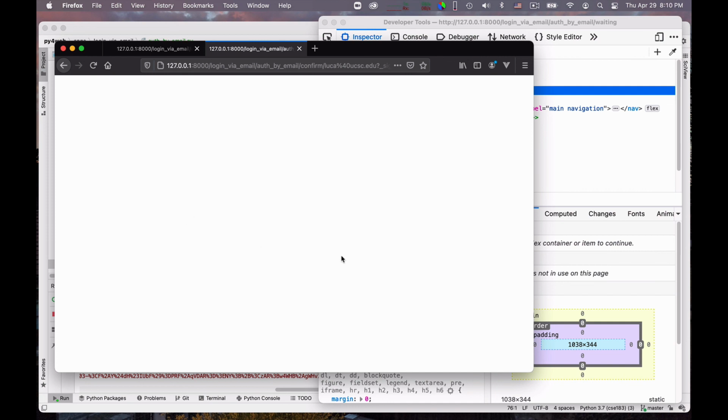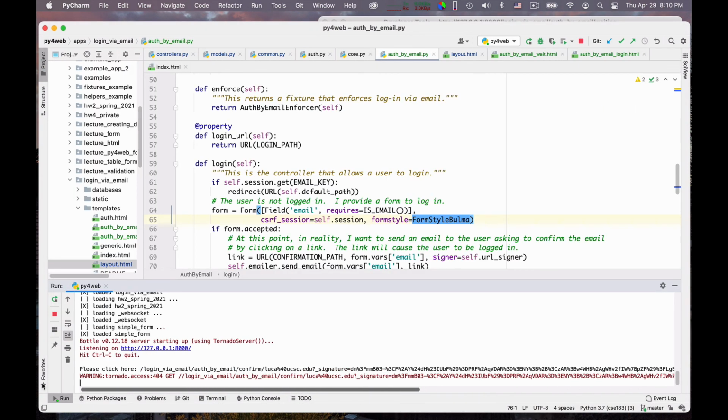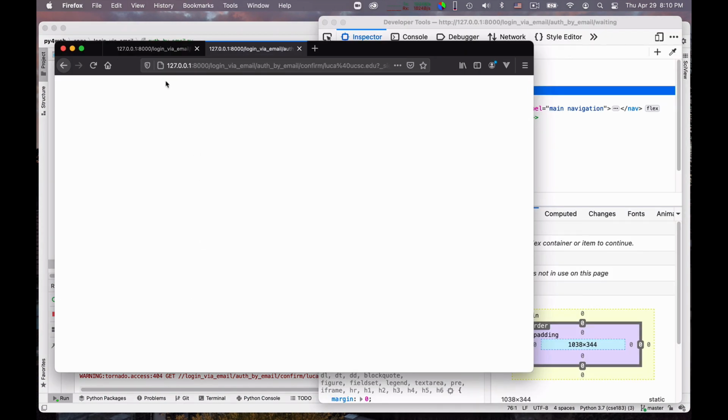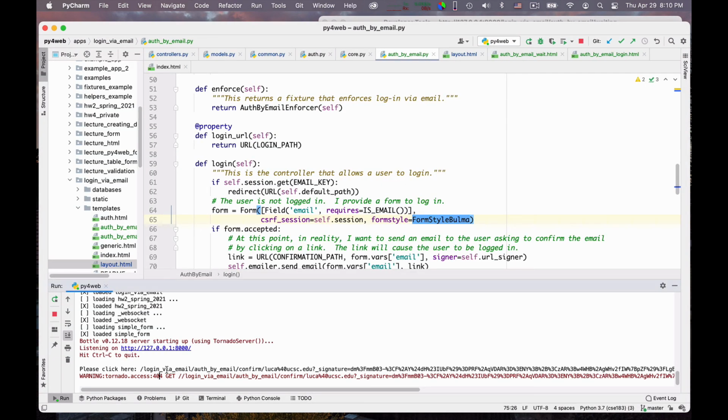Did this work? Or did this blow up? Well, it doesn't seem to have blown up. But who knows? Am I logged in? I don't seem to be logged in.